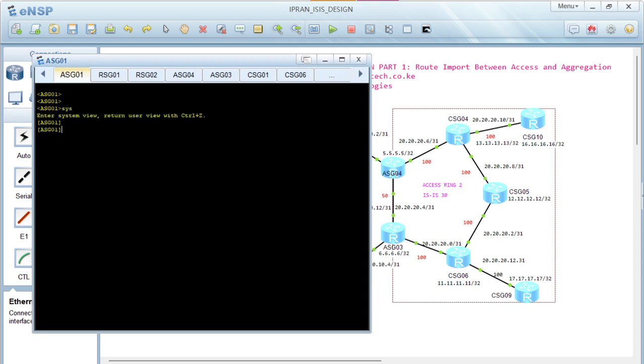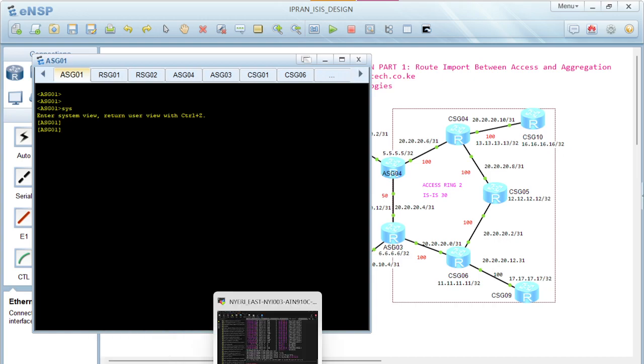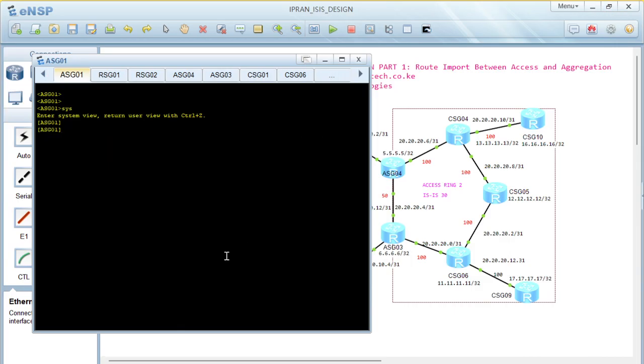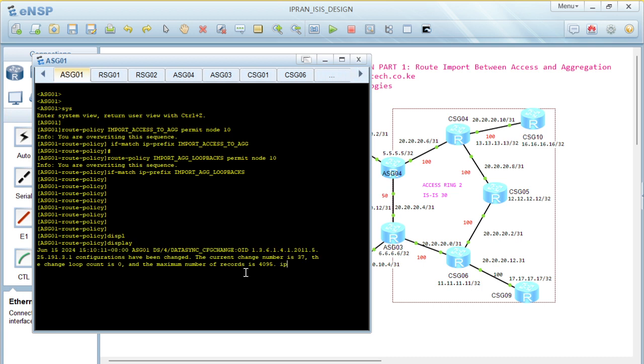On SG1, I have already configured the IP prefix. That's why they are reporting that they already created. Then for our route policies, I configure the route policies. So if I do display IP prefix,